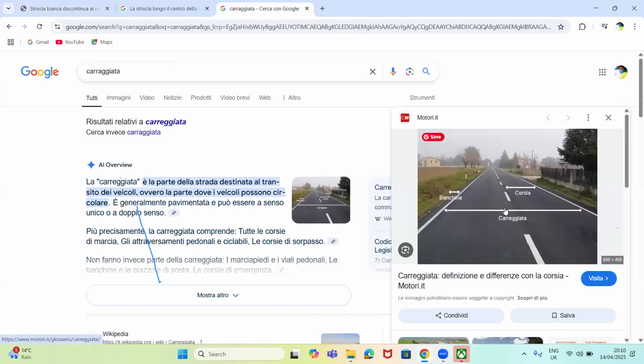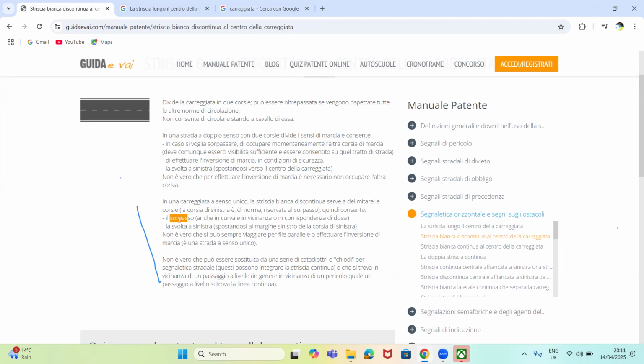Guys, watch. Even if we do a curva here, watch. They said, in caso di sorpasso, anche in curva o in vicinanza o in corrispondenza di dossi, consente, you can do overtaking here. Il sorpasso is allowed. Overtaking is allowed, both in curve and very close to dossi. In corrispondenza di dossi, I'll call up a particular student. He will tell us why for this particular part if you overtake.